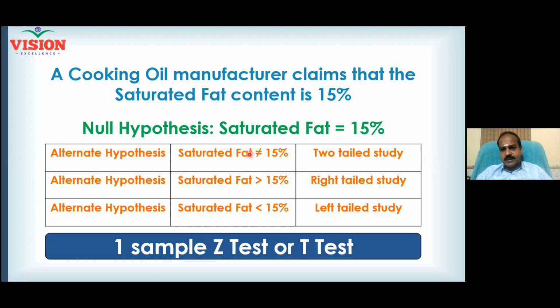Can you tell me one more noodles product? One is Maggi, another one is Hippie, and then Top Ramen. Now there is Maggi, there is Hippie, there is Top Ramen. Now there are three samples. Which is better in terms of lead content? This question leads to another hypothesis testing called ANOVA. When the sample is compared against population, it is either Z test or T test. When one sample is compared against another sample, it is two sample T test. When there are more than two samples, 3, 4, 5 or 100, that is called ANOVA.